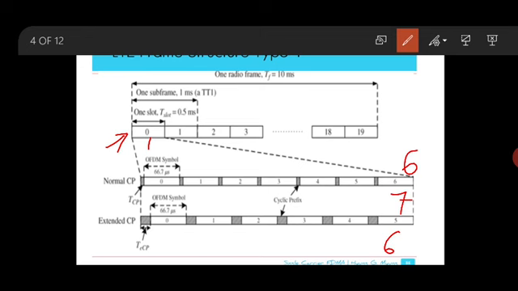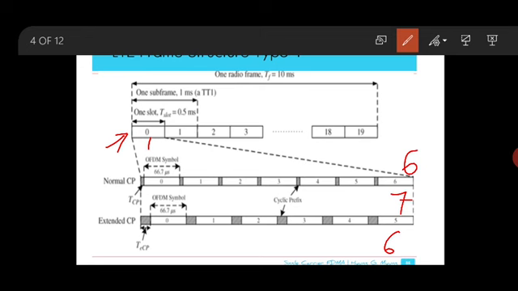If I repeat, what I showed in my slide is for one slot. Further it will be given for the second slot, slot number 1, slot number 2, and so on, and it will be repeated for 20 slots. Now if you concentrate on slot 0, the duration of a slot will be 0.5 millisecond, and in turn it will be divided into normal CP of 7 symbols. Each symbol duration will be 66.7 microseconds. I hope you can understand.